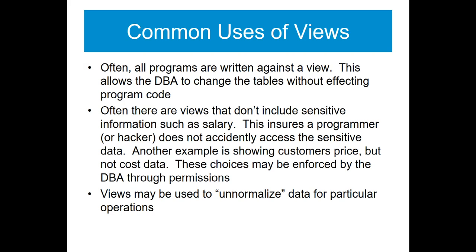Another example is showing customers price but not cost data. You go to a place like Amazon and they show you how much the price is for something. They don't show you what it costs them to buy it, right? They don't really want you to see their markup. That's very confidential information. So somewhere at Amazon, there's some database where they've got both the cost and the price of something so they can calculate, are we making a profit on this or making the kind of profit we want to make on this? But then the guy writing the code to drive